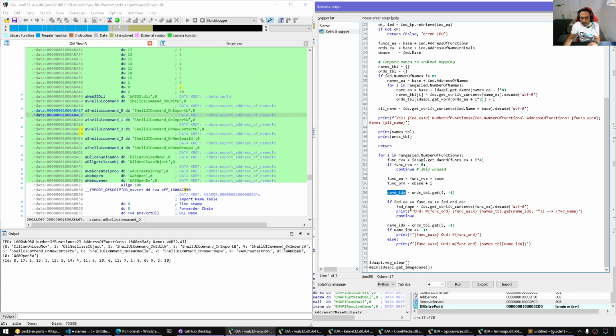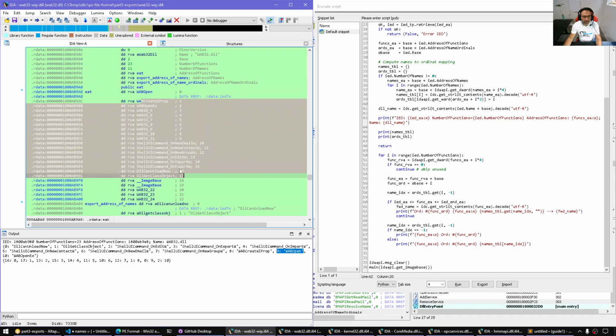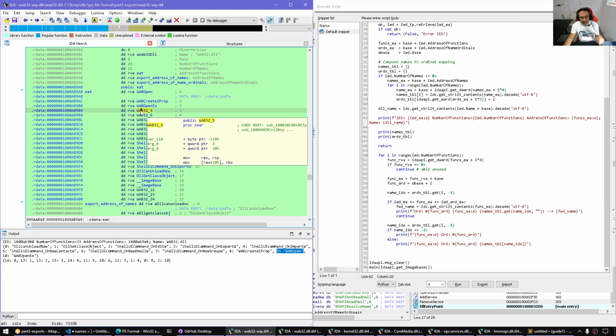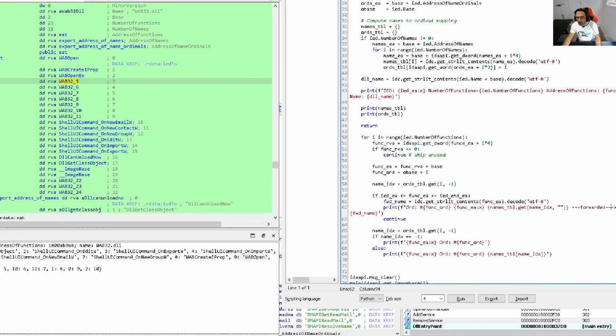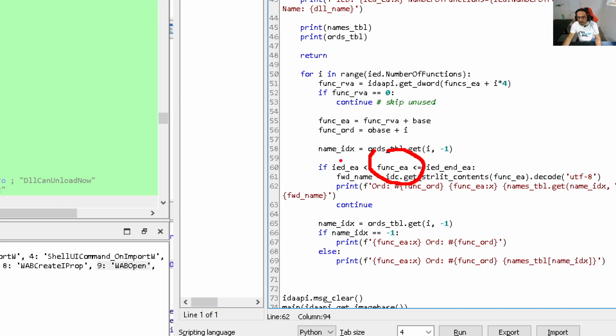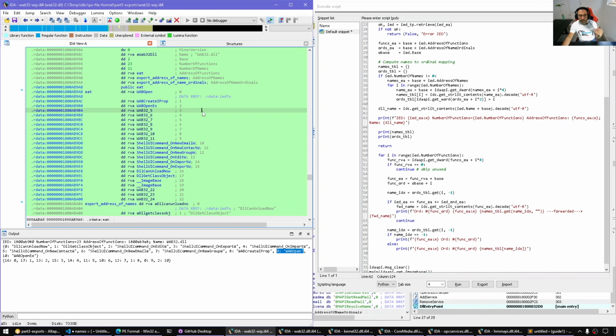Now, before using the name index, I do a check to see if the pointer at the address in the functions EAT is inside the EAT range. If so, I'm gonna say it's forwarded. How did I know? Because the function resolution still sits within the image export directory. If that's the case, I have the name, which is gonna be pointed to by the function entry here. It's not gonna point to the actual body of a function. It's gonna point, as we said, to